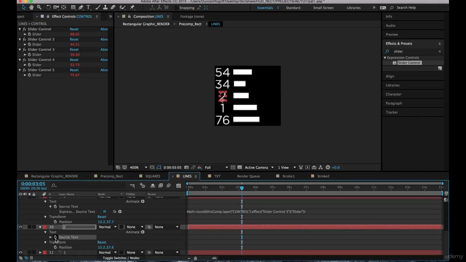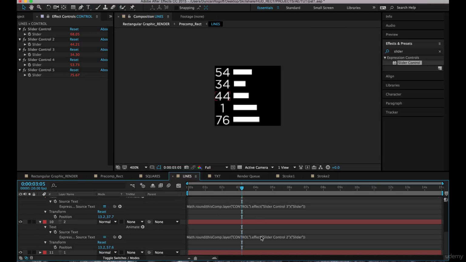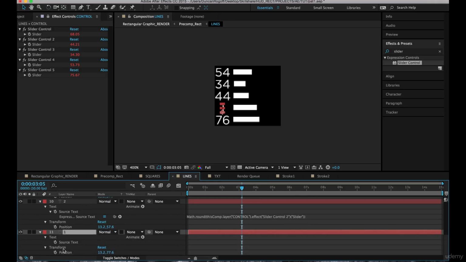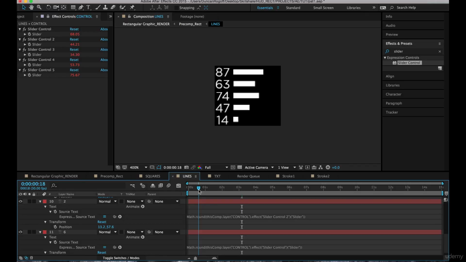UU to bring up our parameters, alt-click the source text, pick whip to slider 2, come to the beginning, math.round, open parenthesis, close parenthesis, and one more. And now, if we scrub through, without setting any keyframes, we have all these numbers animating and our bars animating